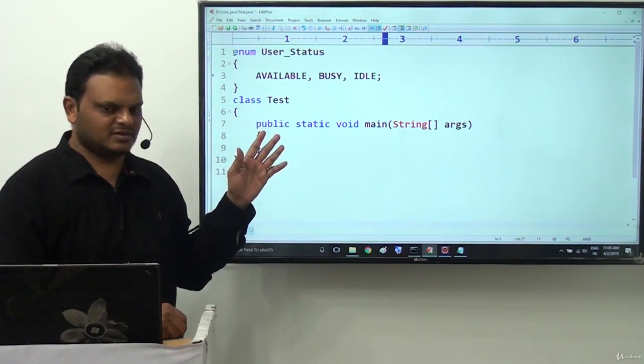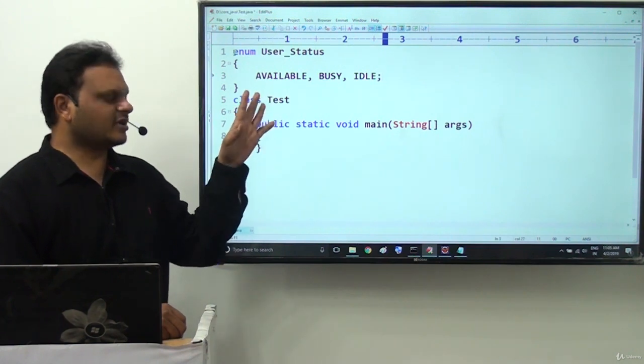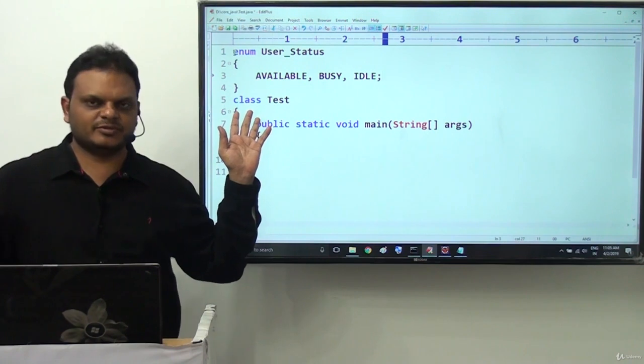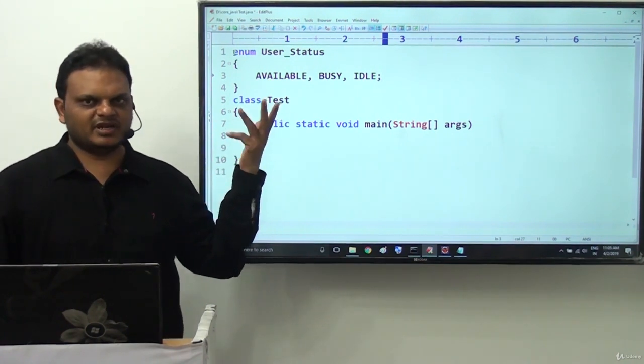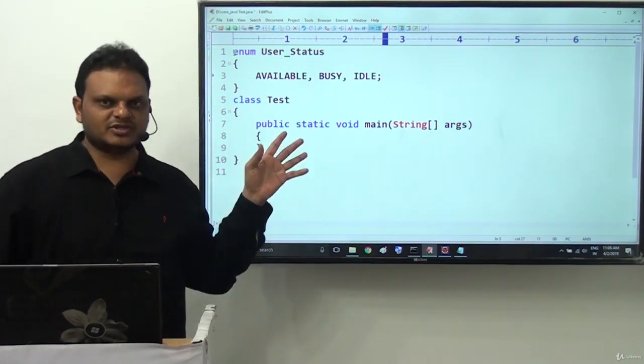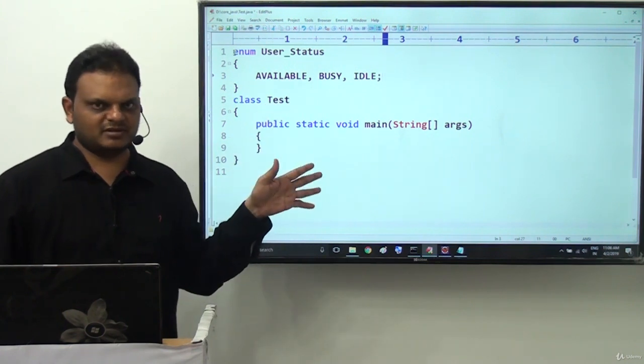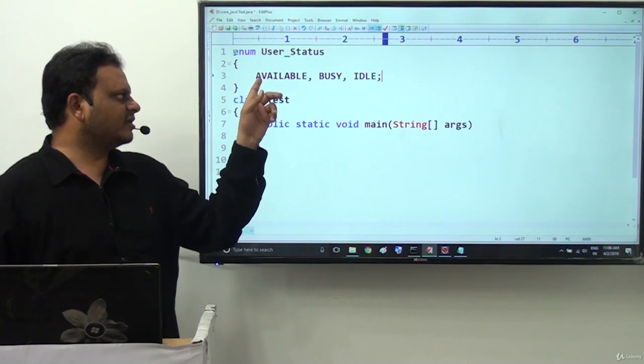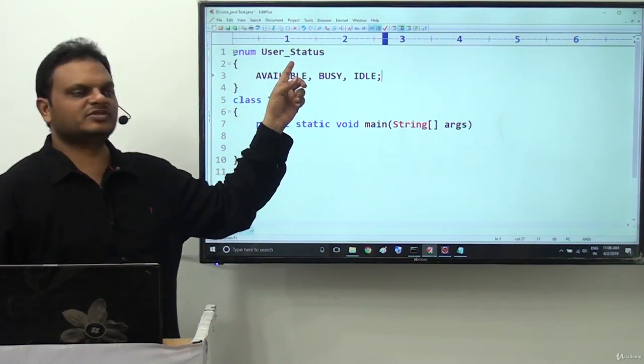I did not use public static final. At the same time, I did not provide any data type here explicitly. Why? Because by default these constant variables are public static final. And I did not use any data type because by default these constant variables are of the same data type.